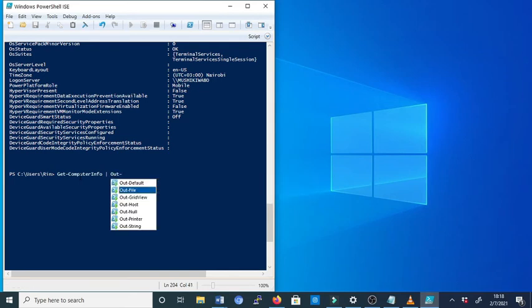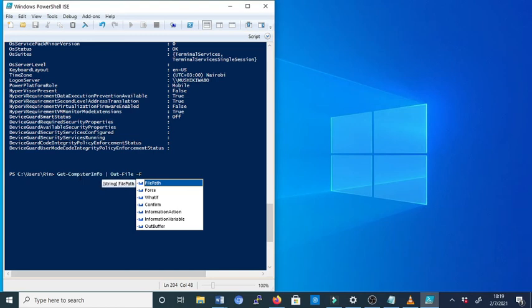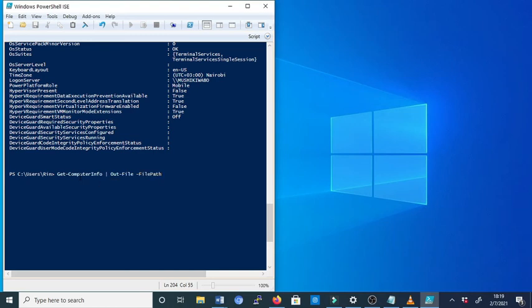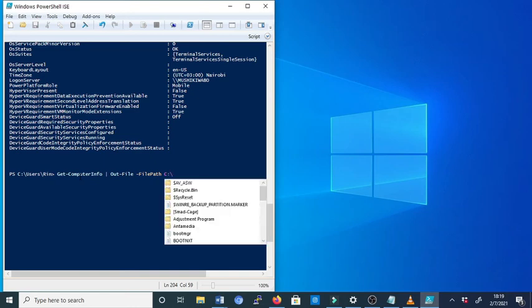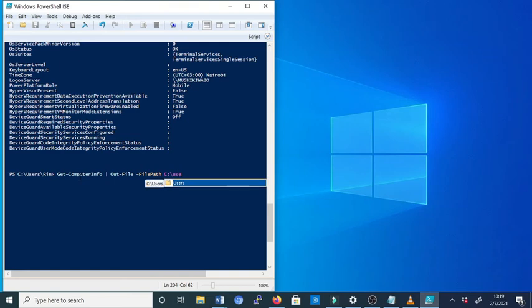file, means the output file, but now we need to give the output file the file path. Where do we want to save these details? Now we provide the path. We want to save in C drive, and then in C drive we have users. In users, maybe we choose this user,